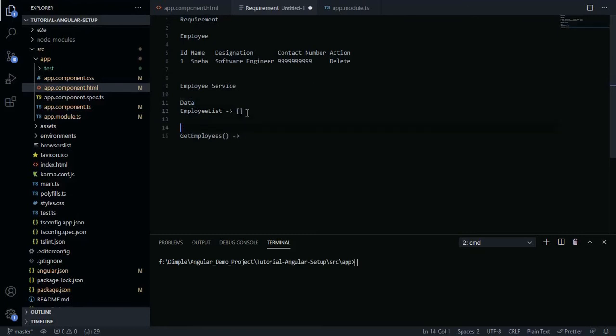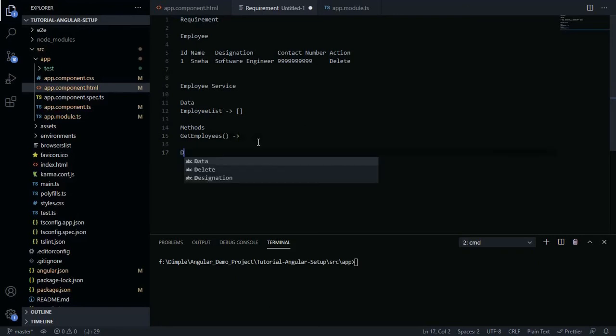So what methods do I have to write inside the service? I'll write get employees. It will fetch all the employees, or you can say it will fetch the employee list for a particular organization.